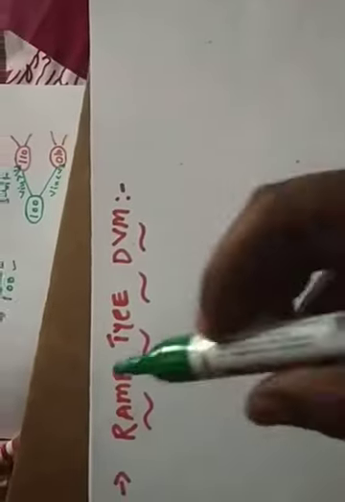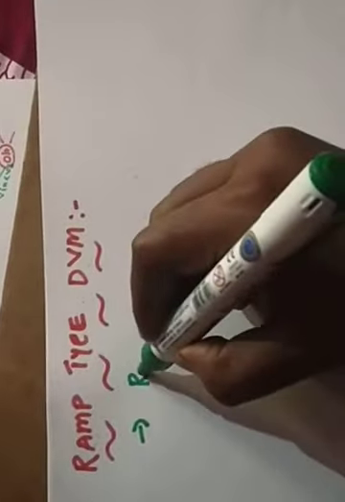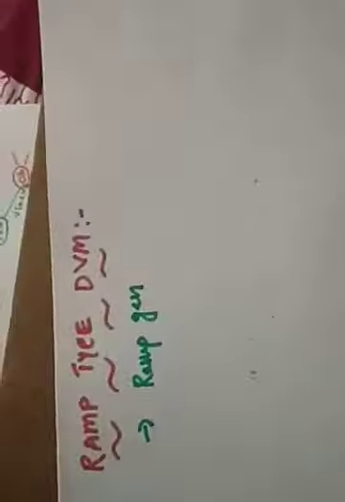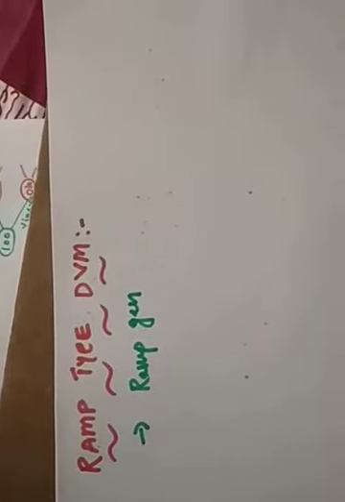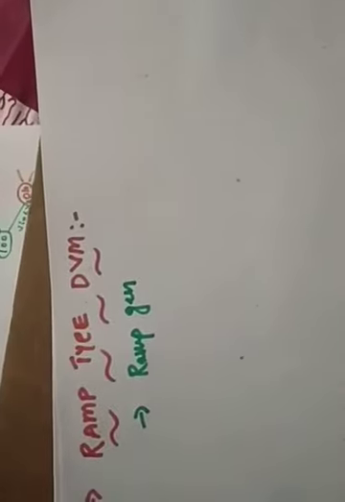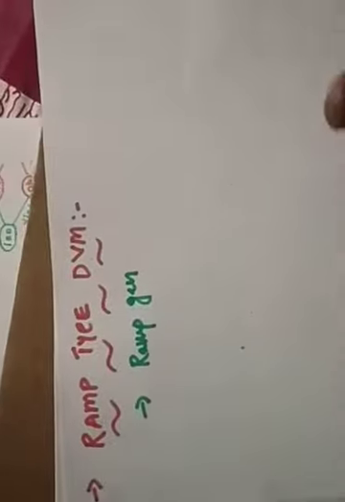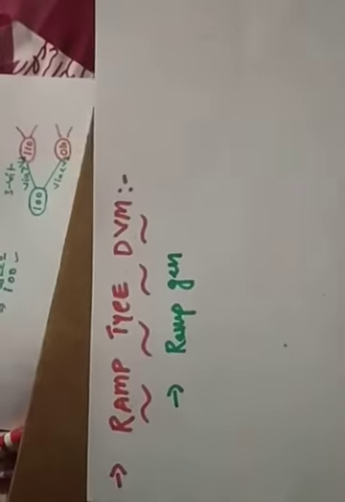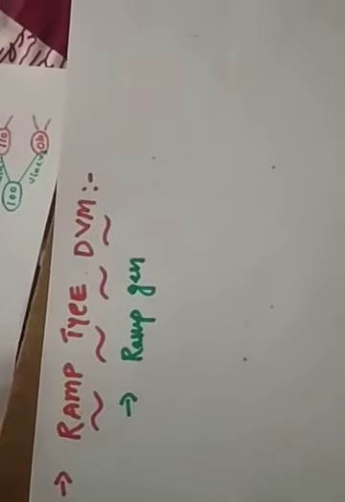Alright, so why are we calling it ramp type? Because we have a ramp generator. We use a ramp generator to convert the analog signal to a digital signal. That's why we call this type of digital voltmeter a ramp type digital voltmeter. It is simple in construction. I'll draw the block diagram, then explain each block, and then explain the operation of the ramp type digital voltmeter. Right? First I'll write the block diagram here.